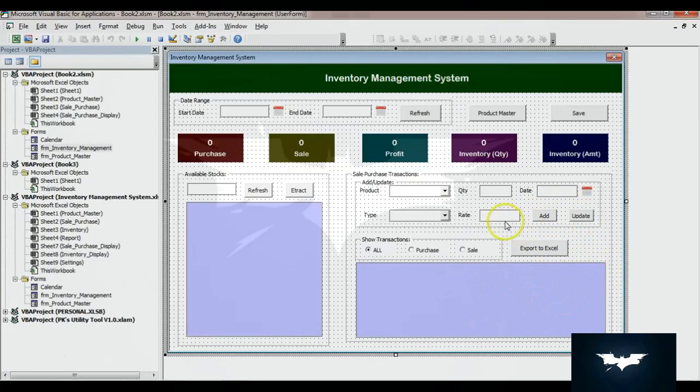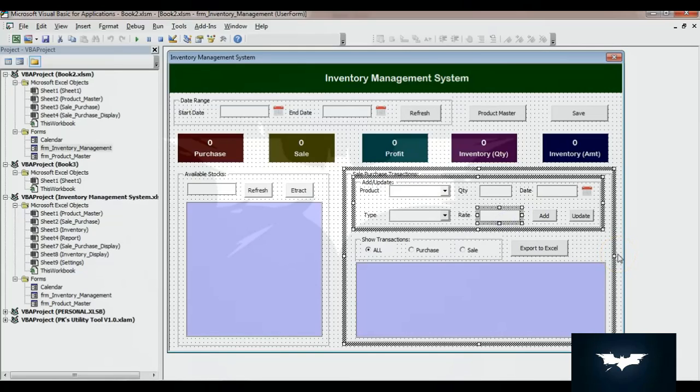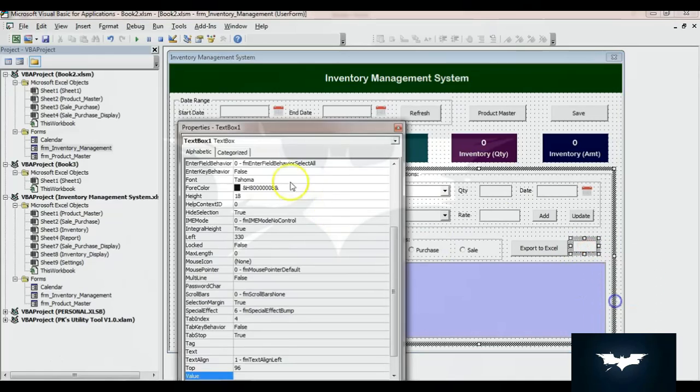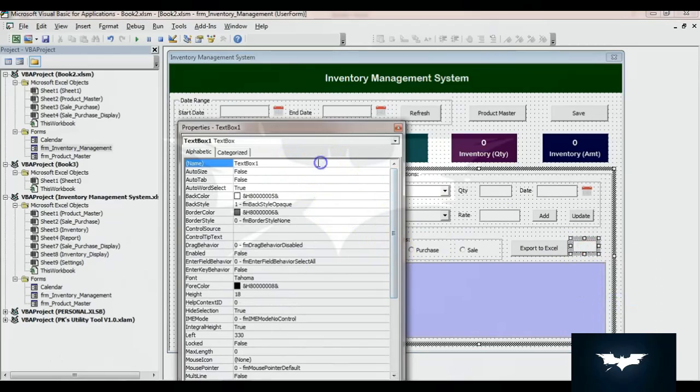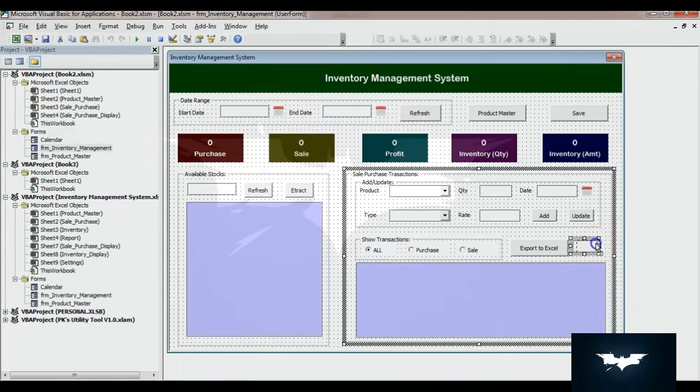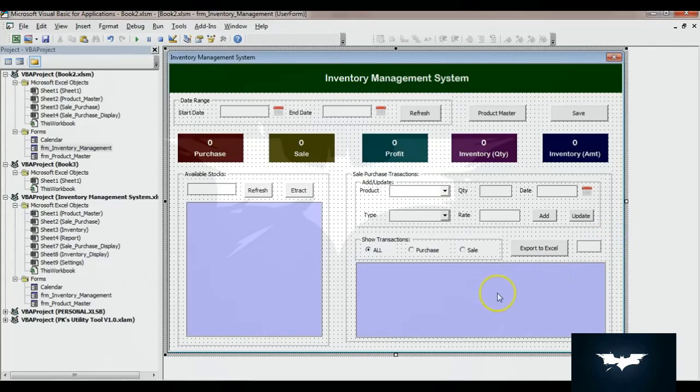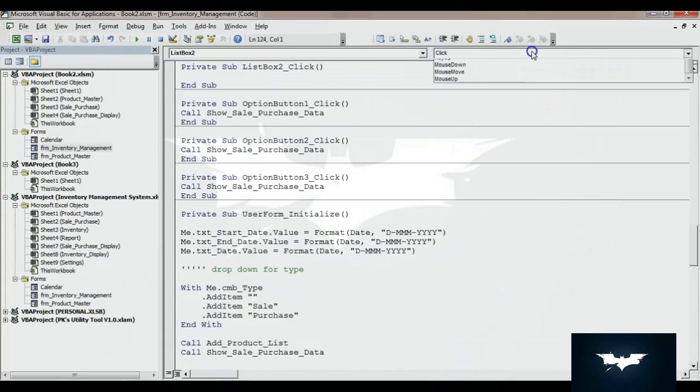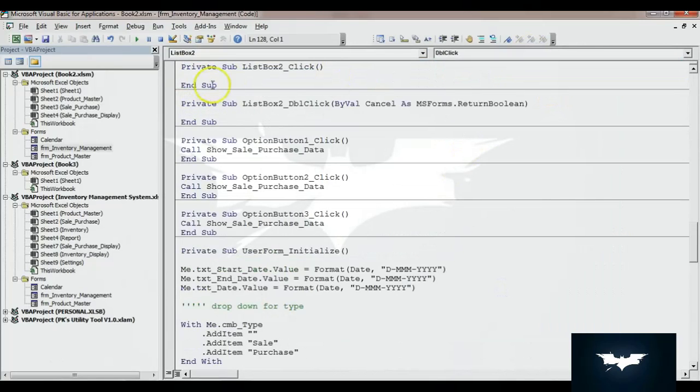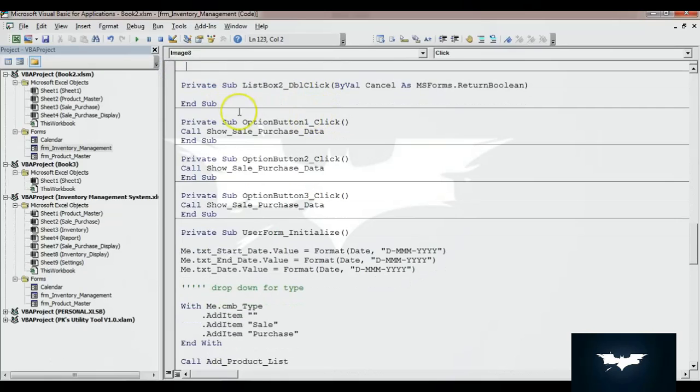Again, to update a record, we will create an ID text box to capture the row number or ID or serial number. So just copy and paste this here, and for the time being we can keep this here, let's say, and right click, go to the properties. The name of this text box we can keep txtid. Alright, now we can put some double click event. So just double click on this list box and select double click from here and delete this code.